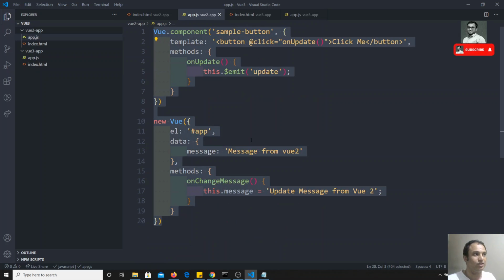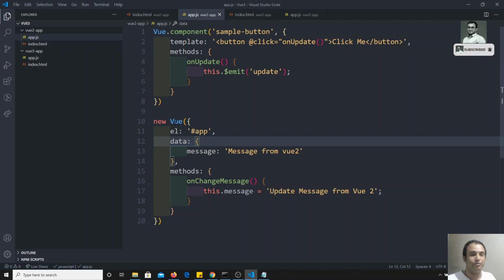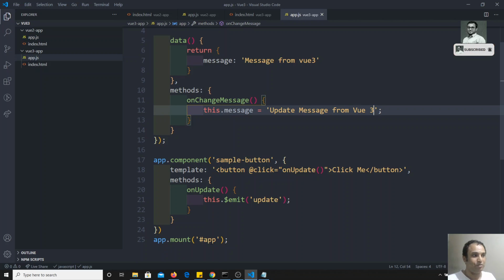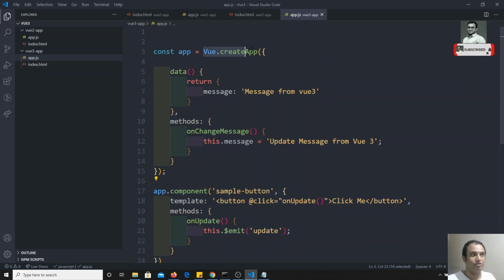So between Vue 2 and Vue 3, we should not use Vue.component and new Vue from now onwards, and el is also not there. If you want to bind, we will be using app.mount. When you are trying to add any component, you need to use app.component, and we need to use Vue.createApp. Also the data should be a method returning the object. These are the main changes you need to keep in mind while developing a Vue.js project. These are the breaking changes you will have when migrating from Vue 2 to Vue 3.